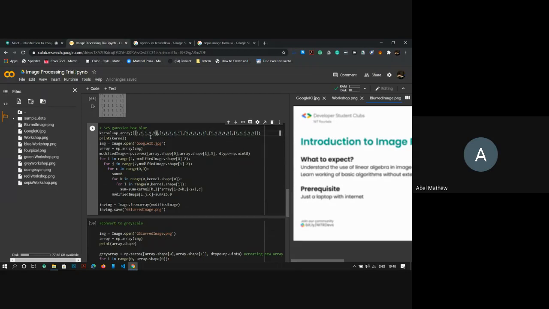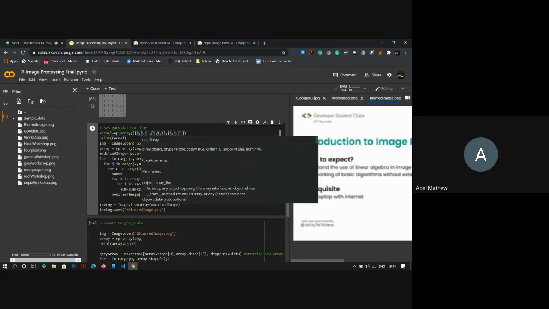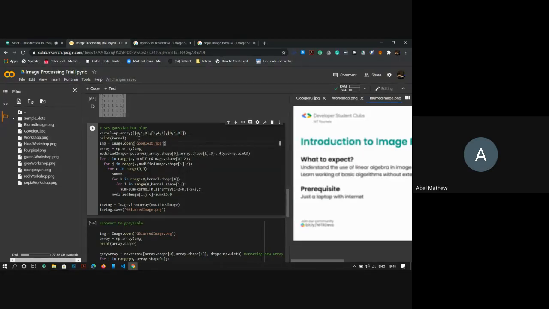So if it is 3 cross 3, since we are doing it with a sum that is coming to 4, we'll have to divide by 8. And this is how Gaussian blur works.